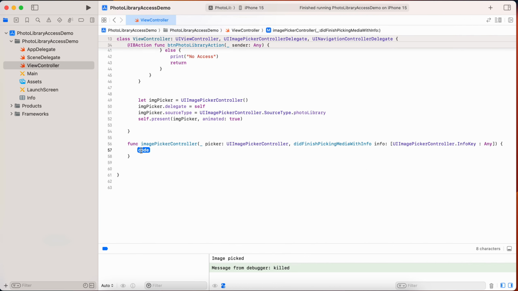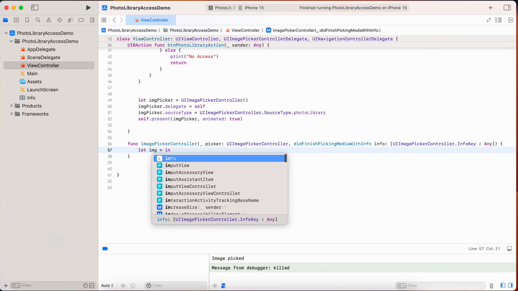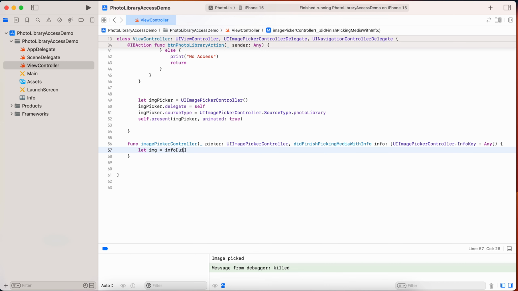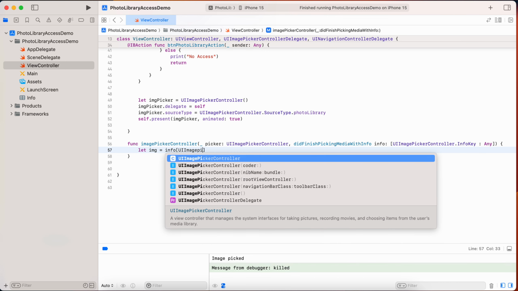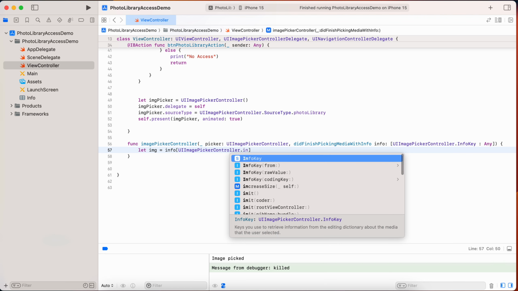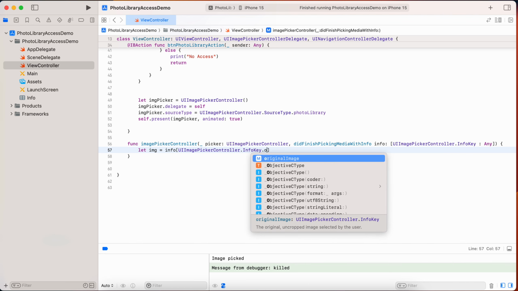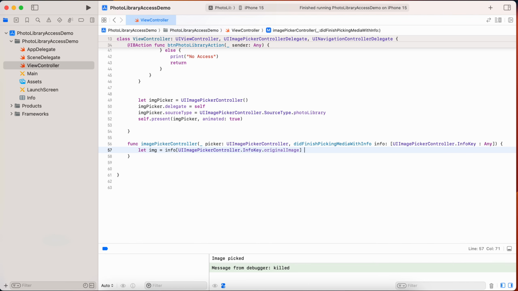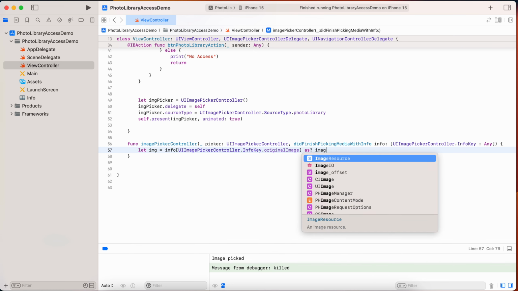So let's say img equals info[UIImagePickerController.InfoKey.originalImage] as UIImage